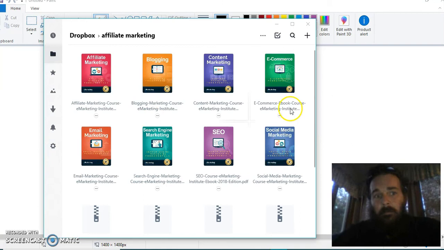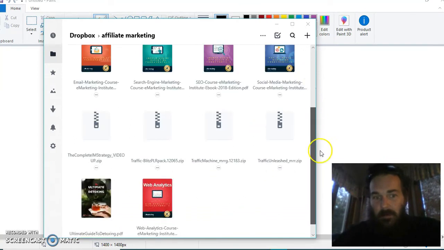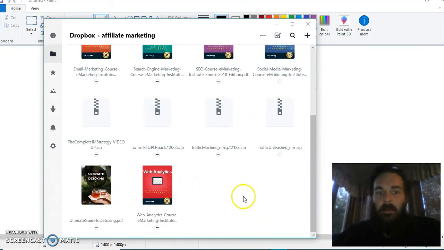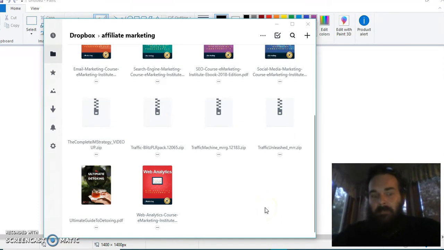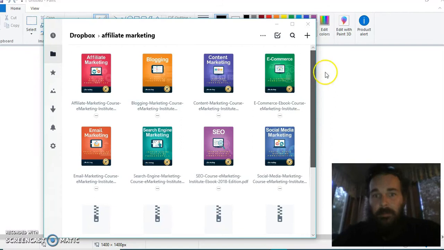Now we have all of these. We have the affiliate marketing course, the blogging marketing course, content marketing, e-commerce ebook, email marketing, SEO courses, search engine marketing, social media marketing, and web analytics course. You guys are going to get all of these, everything in here except for this weight loss detox. I'm not sure why it's in there, but everything is going to be yours